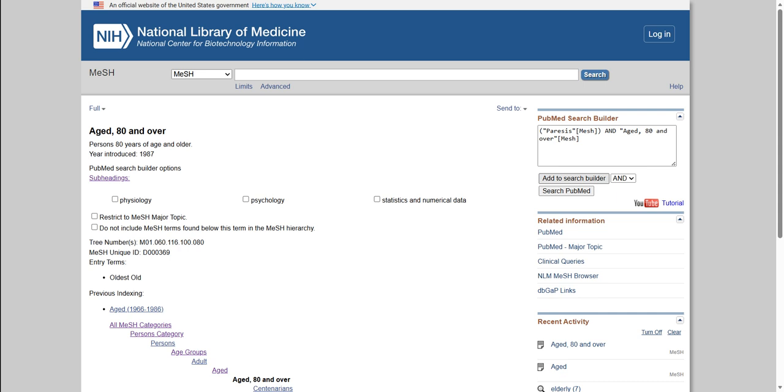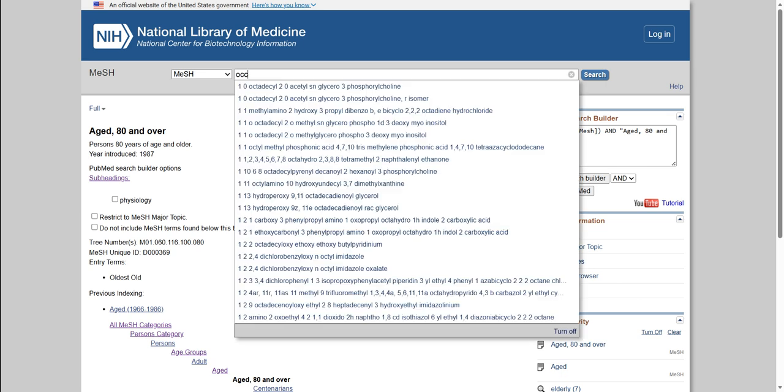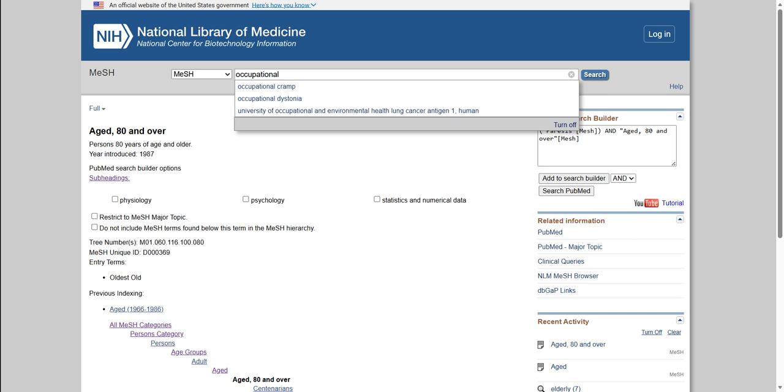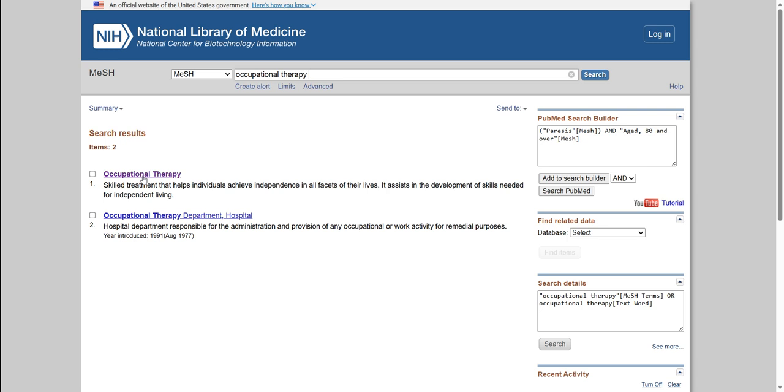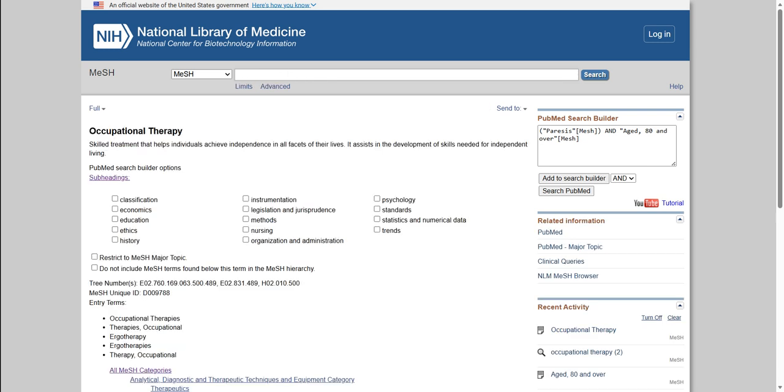And you can see that it is adding the "and" already for us, so we don't have to do it. And you could also select "or" if you have alternative terms you wanted to add, or "not" if you had terms you don't want to show up. Now we can search our intervention, which is occupational therapy. We have this term that looks relevant, so we would add that to our search builder and then click Search PubMed,